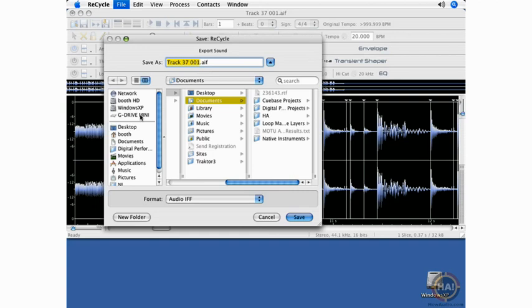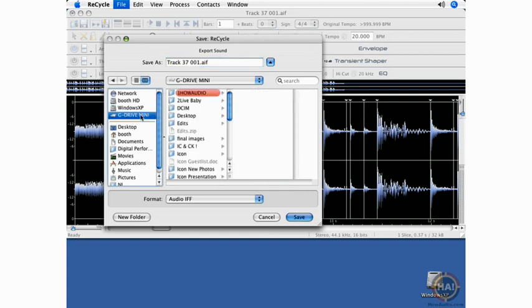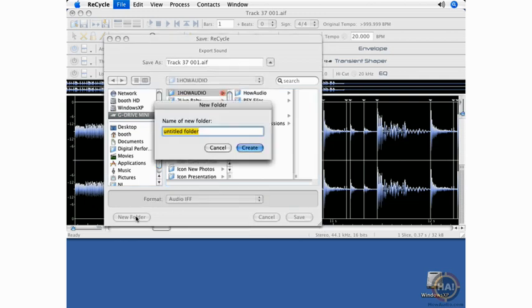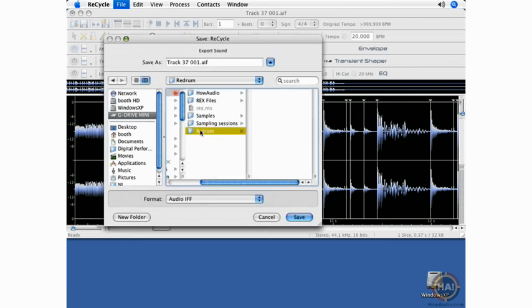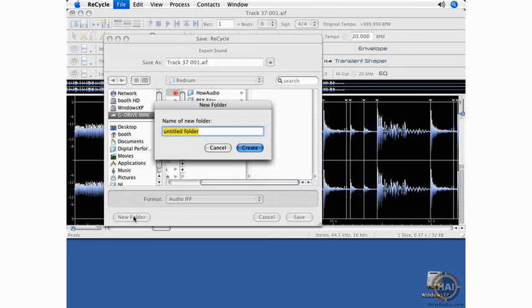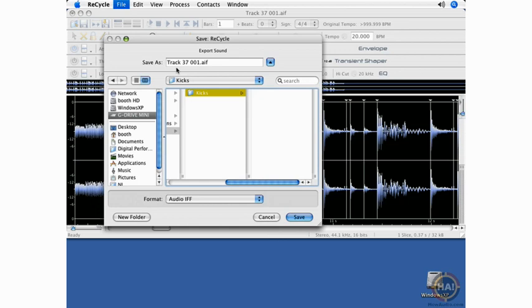When you're creating a library of one-shots, it's probably a good idea to keep it really organized. So watch how I'll set up the hierarchy of folders here. Create a new folder. And for example, let's say that we're creating a library for ReDrum, which is the drum machine in Reason. And within this folder, I'll create a category of subfolders. For example, a folder strictly for kick drums. And we'll label this